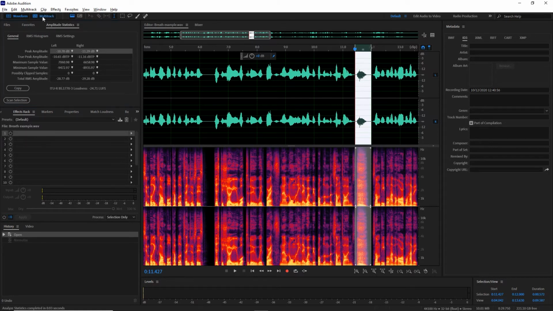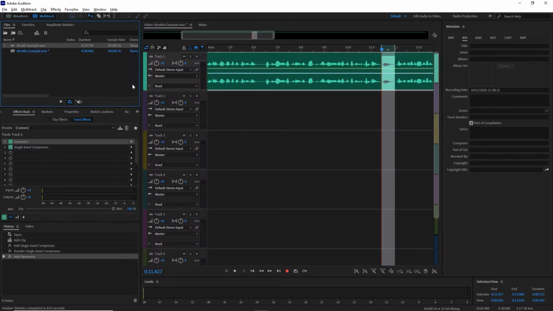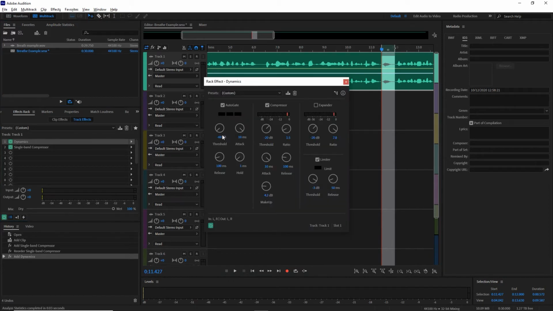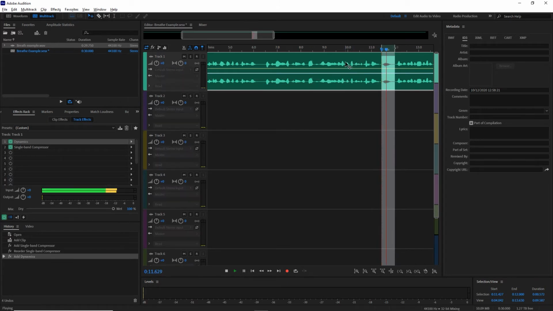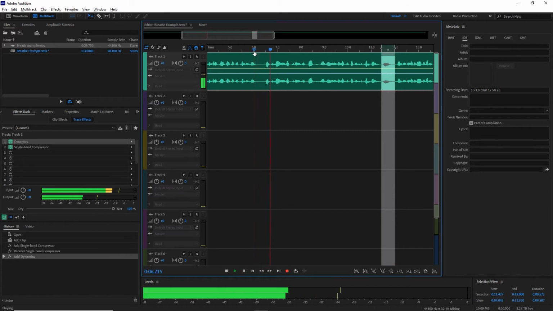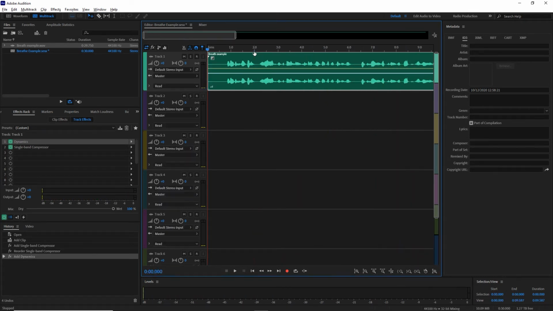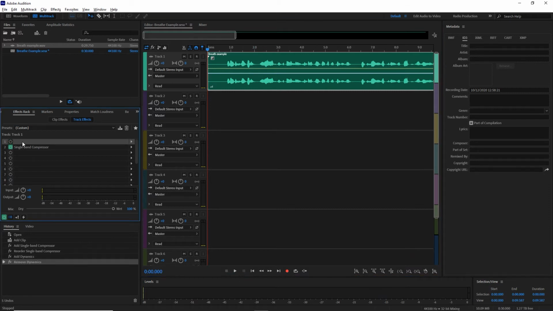It's just too loud. Go back to the multi-track session, and if we change that gate we put in to -10, then you'll find that you're also now going to be affecting the audio. The breath is gone, but we've also got rid of the audio that we wanted as well. So I'm going to take off the auto gate altogether, and we're back to where we started now.